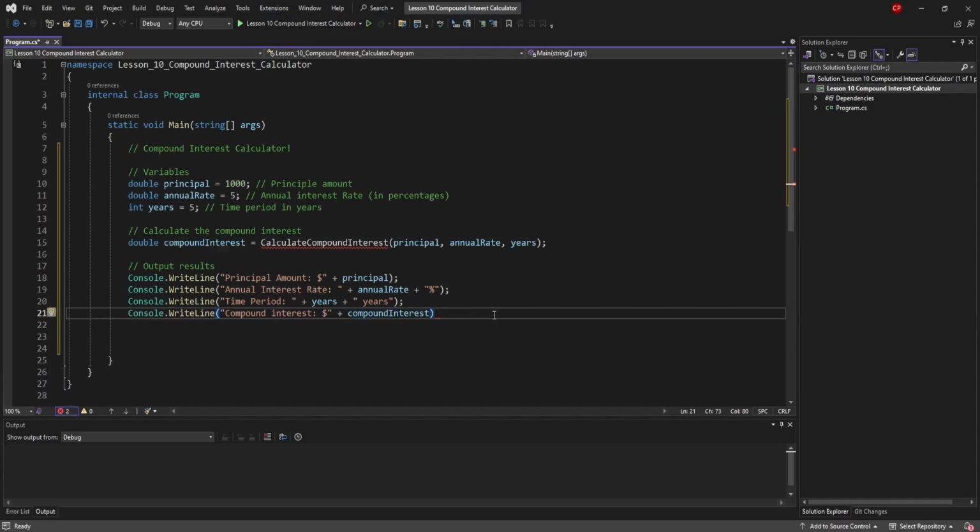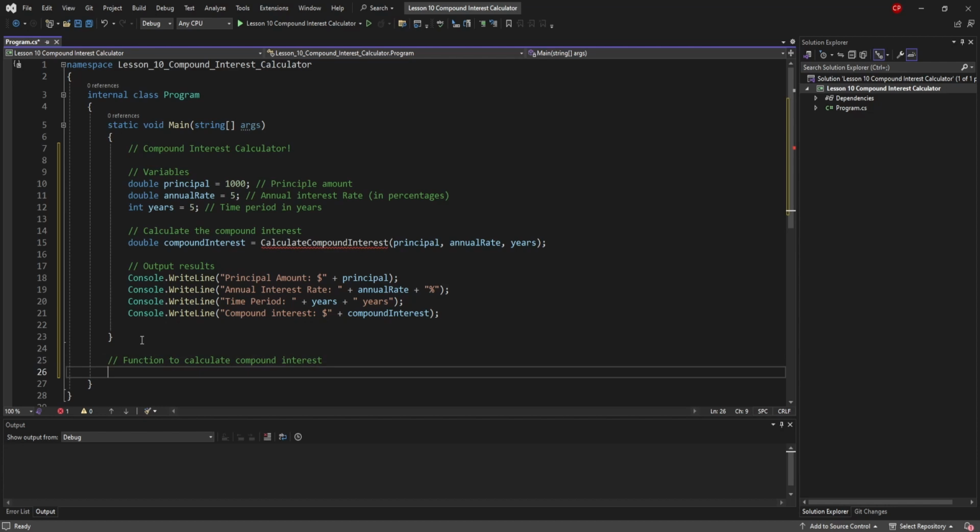Okay. We don't need to add anything to that, and I'll show you why, because we will output this correctly. Here, I'm just going to delete a couple extra lines, and we're going to go outside of main, and now this is going to be a function to calculate compound interest, right? And we're going to say it's static double calculate, and we're just going to copy this right here. Copy that so we have the exact same wording, compound interest, and the parameters are going to be a double